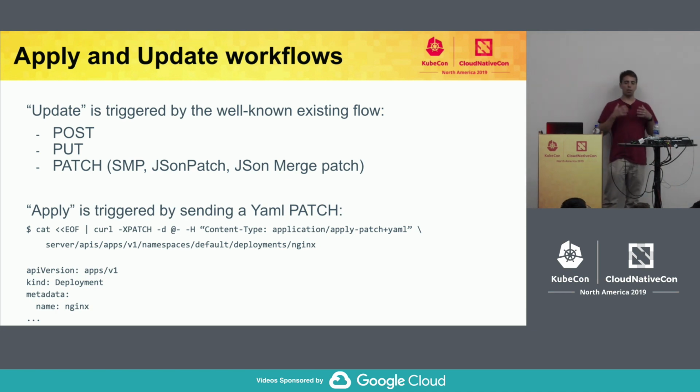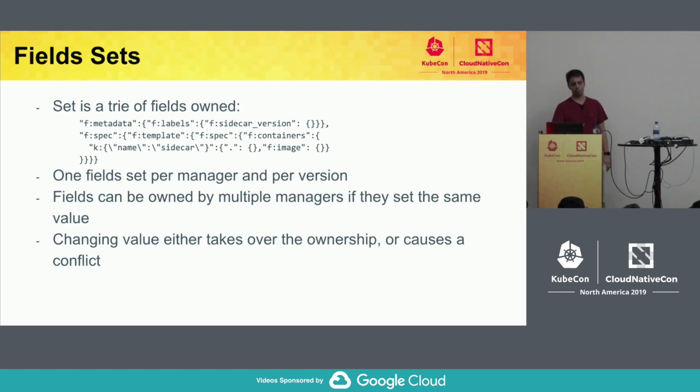Pretty much, the update workflow is used for anything that exists today, that is post for creation, put for update, patch. This is going to use the update workflow, and if you send an apply, we're going to use all the fields for your intent. The way you use apply is, interestingly, it's a patch. So you just send the object. It's a YAML object. You send the object with all the things that you care about, the values that you want, and we're going to keep track of that.